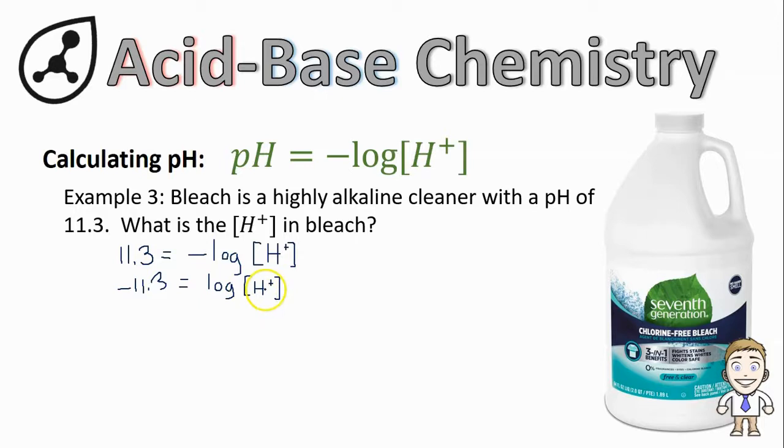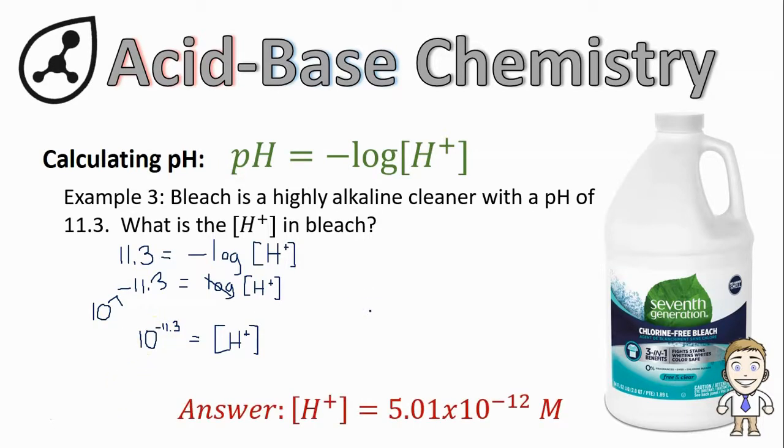The way we solve for this H+ and essentially cancel out or get rid of the log is by taking whatever is on the other side of the equals sign and writing 10 to the power of that. So in this case, 10 to the power of negative 11.3. You can think about that step as canceling off this log and leaving you simply with H+ concentration all by itself on one side of the equation, which is good because that's what we're trying to solve for. So the final step is simply putting 10 to the power of negative 11.3 in your calculator. If you do it, you should get something around 5.01 times 10 to the minus 12 molarity for the H+